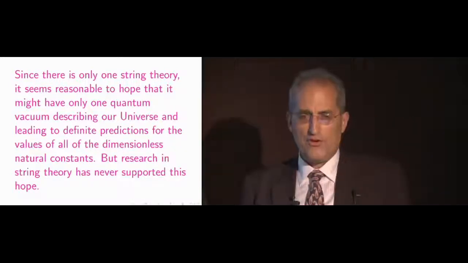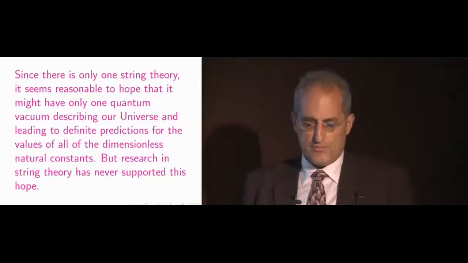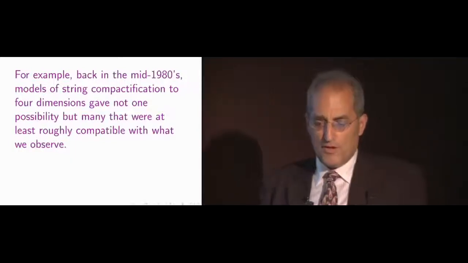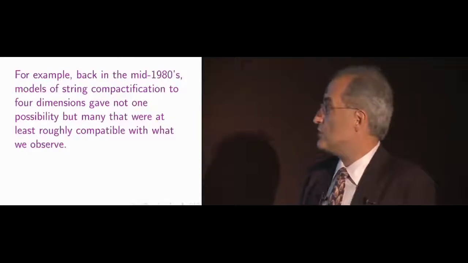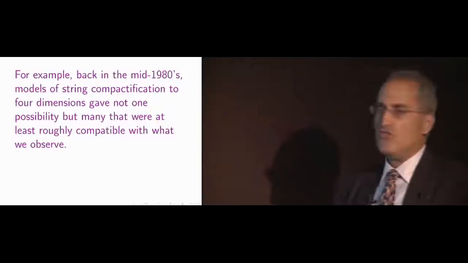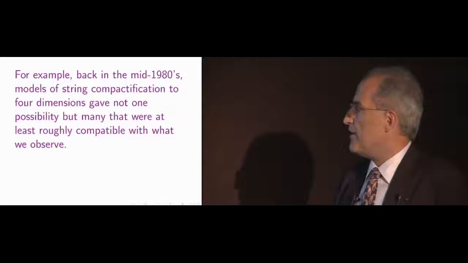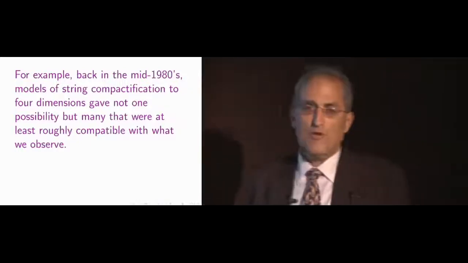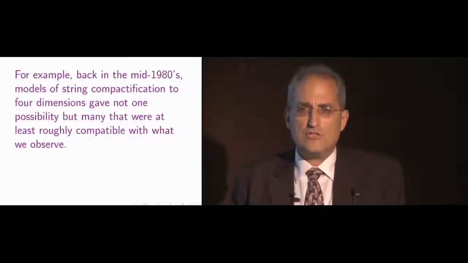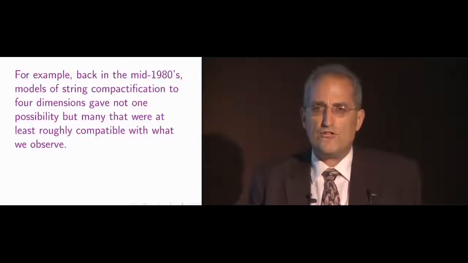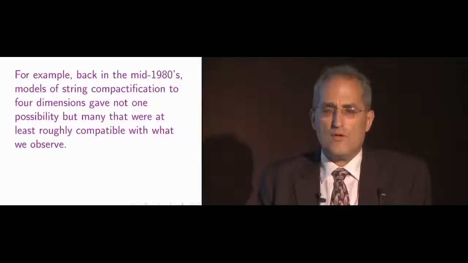But research in string theory has actually never supported this hope. For example, back in the mid-1980s, models of string compactification to 4 dimensions gave not one possibility, but many that were at least roughly compatible with what we observe. So as I told you, the anomaly cancellation, the generalized anomaly cancellation found in 1984, rather abruptly made it possible in a strikingly beautiful and elegant way to derive from string theory, in other words, from a unified theory of gravity and quantum theory,